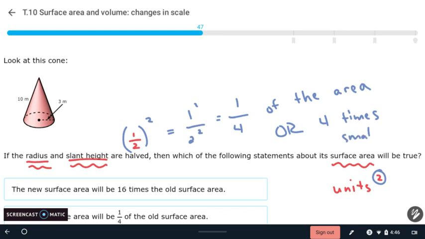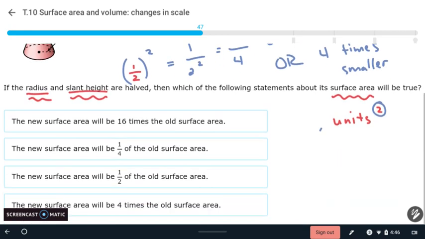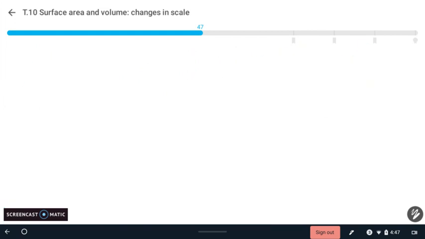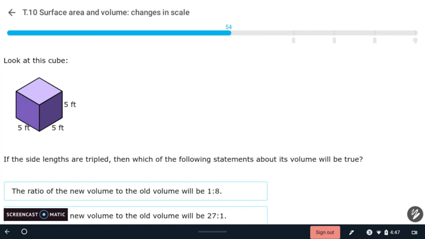So you have to watch out for the tricky wording that IXL might show at you. And of course, it might also write it as a ratio, which, remember, the top number comes first, so it could be 1 to 4. In this case, looking down at our options, it says the new surface area will be 1/4 of the old surface area. So there are some different examples. Go through, try those out. I really like this method, but with that method, focusing on units squared, or with volume units cubed, which is what you would have to do in this case, make sure